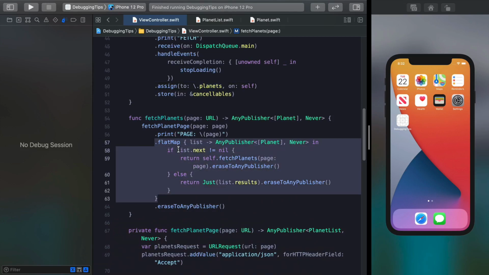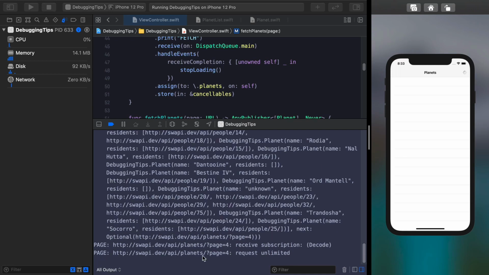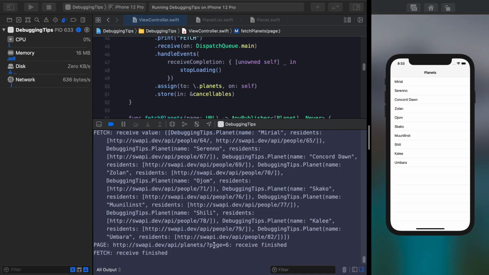We can see here that we check to see if the next page is not nil. Then we call fetch planets, and we're passing in page here, which is the page we started with, not the next page. So what we need to do to fix this one is grab next page, unwrap it like this, and pass in next page like that. Now we can see clearly that multiple pages are being returned. We get all the way to page 6, we receive finished, and we get some planets here, but now the planets that we get are only the final